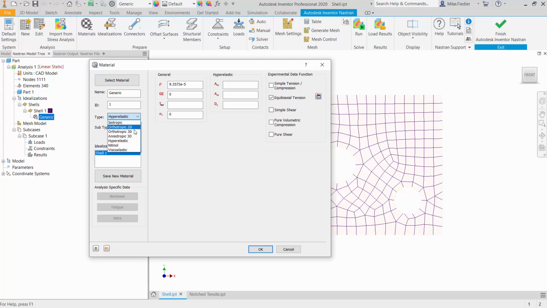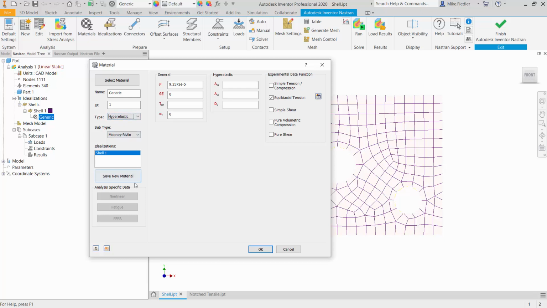So I think we briefly talked about all these. Again, isotropic is probably the most common. Orthotropic, make sure that you define your material axis. And anisotropic, going to be a little bit more work there to define the matrix. Hyperelastics, used every now and again. I wouldn't say it's one of the most common ones, but you can certainly import the test data, so that's always nice. Shape memory alloys can be done, and then if you are analyzing something for creep, you can do that with the viscoelastic material model. Okay, and then again, the subtypes apply to the